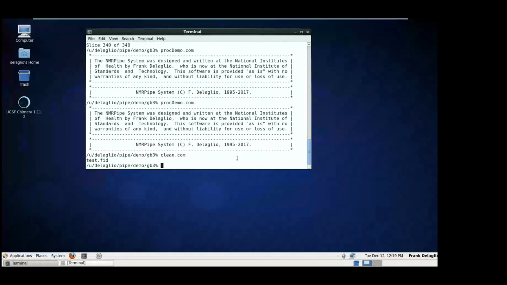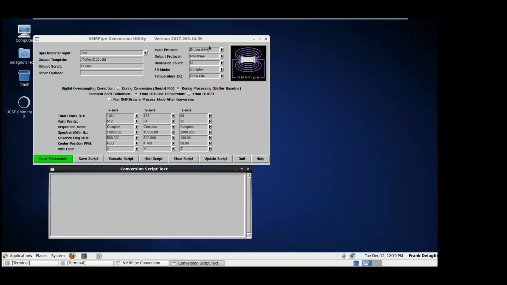To start with, we're going to work with a two-dimensional proton-nitrogen spectrum. And for those of you who have used NMRPipe before, you're familiar with the idea that the first step in our workflow is to build a script that converts the spectrometer format data into the NMRPipe format. For Bruker data, we do this with a command called bruker. For Varian data, we do this with a command called varian. This is data measured on a Bruker spectrometer, and so I'm going to type the command bruker at the command line from the directory where all the spectral data is. And when I do that, I get this